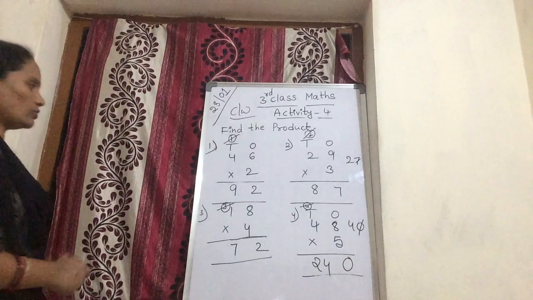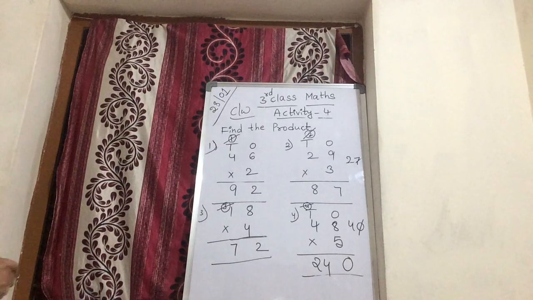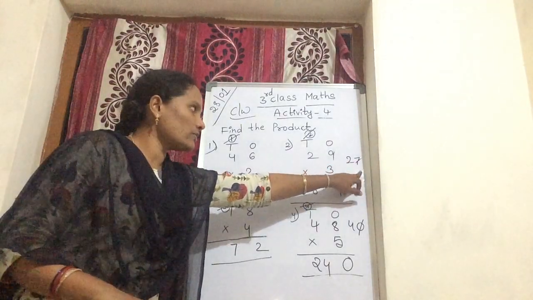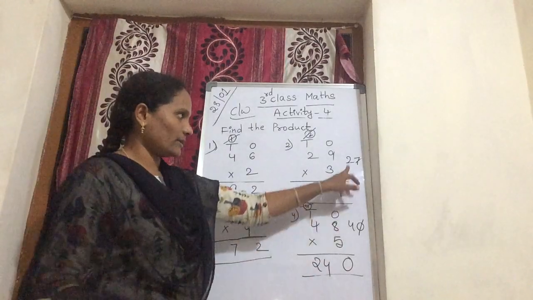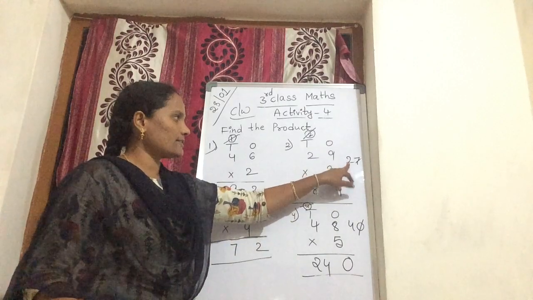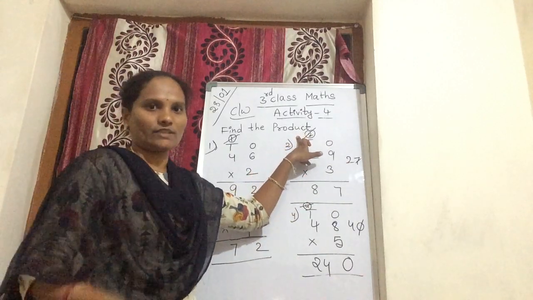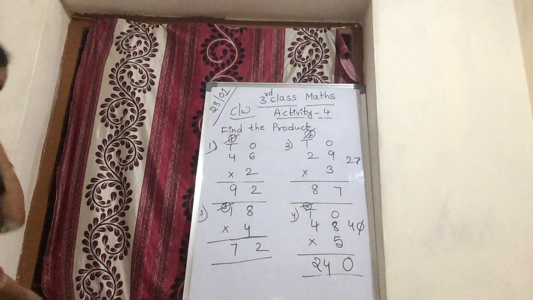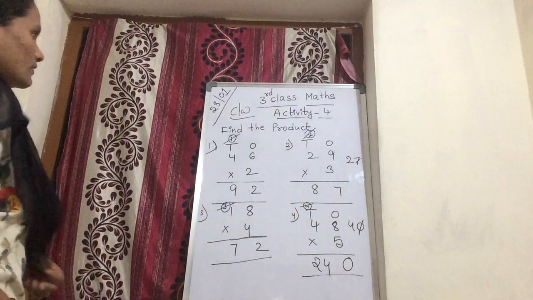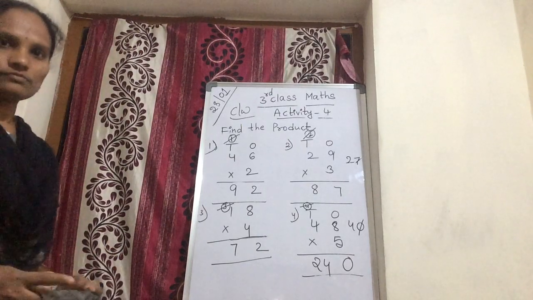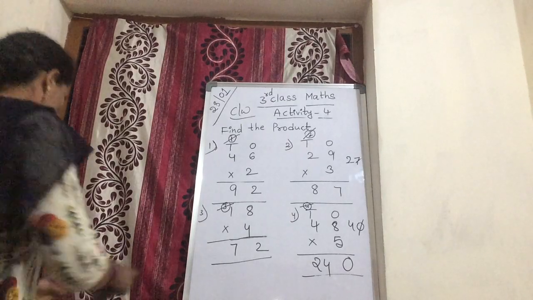Now I will give you some homework problems. You can understand, Amma. You get a two digit number. For example, in a 2 digit number, ones is put in ones place, tens is carried over to tens place. Keep that in your mind. Don't forget. Okay children, so what is today's homework? Activity 3. Do in your